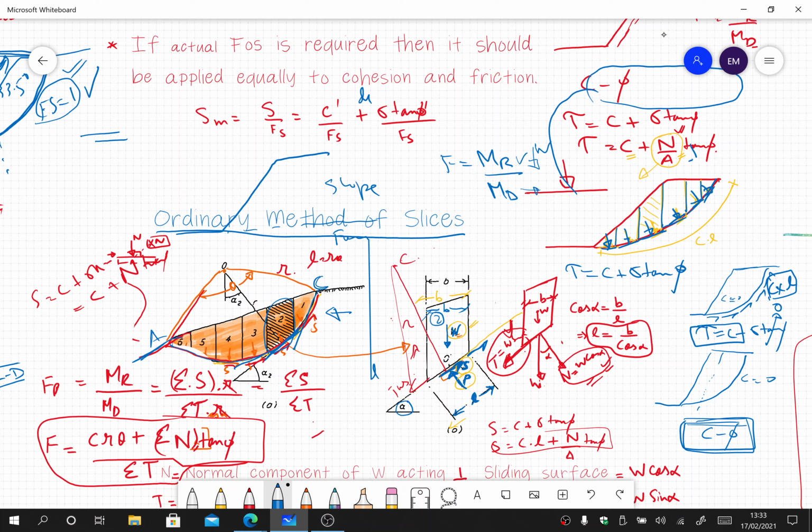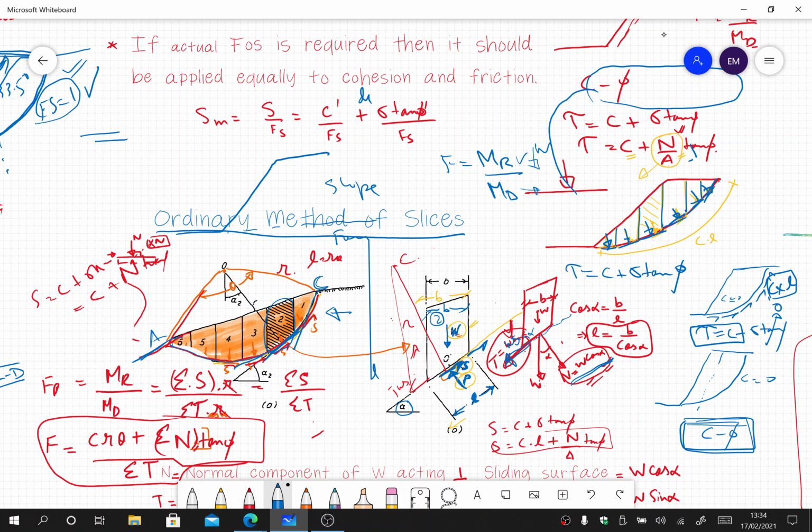So now if we divide the weight along the failure plane, that means we can resolve the weight factor into components that are perpendicular and parallel to the failure plane. So we'll have two components. The one that is perpendicular to the failure plane is indicated as N and it is equal to W cos of alpha, and the one that is parallel to the failure plane is indicated as T and it is equal to W sine of alpha. Okay, and also we will be using this equation.